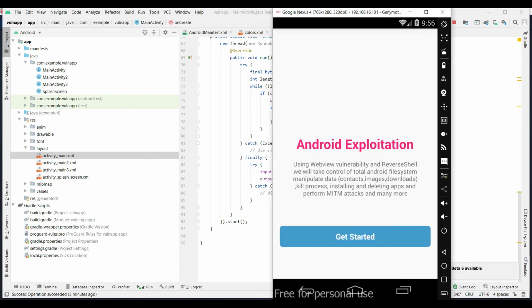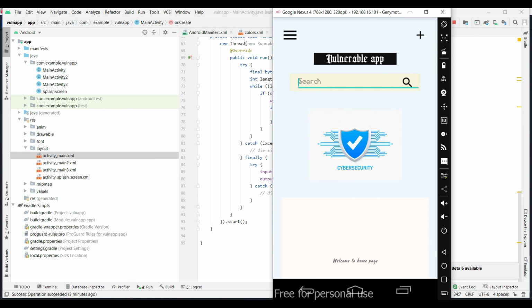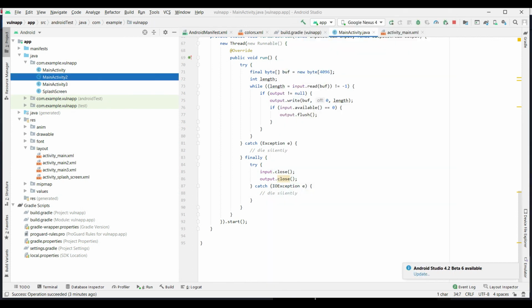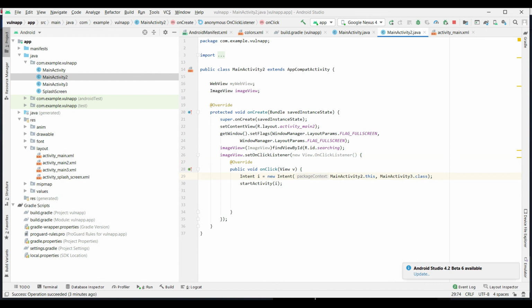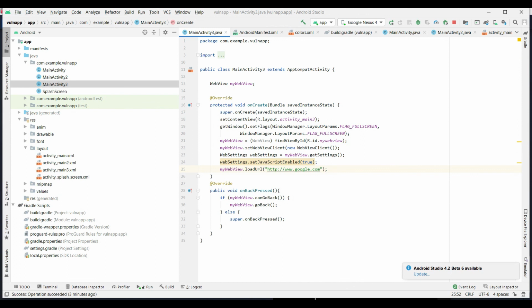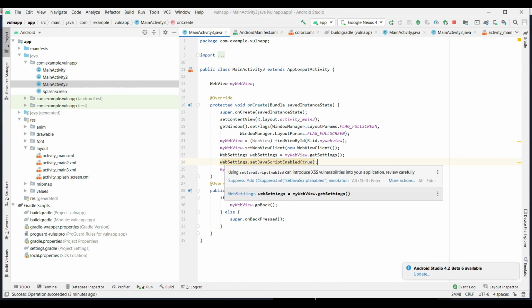Okay, get started. Okay, let's search Google. From here we have declared it, right? So whenever you press this, it will go to screen 3. From screen 2 it is navigating to screen 3. Inside screen 3 you are using WebView. WebViews can be used, nothing wrong in that. But the problem is that inside the WebView you are using setJavaScriptEnabled true. This is the major flaw inside the WebView.